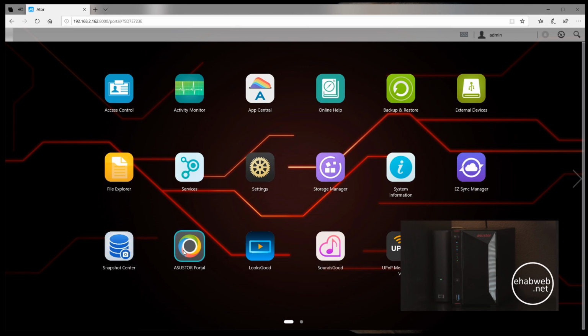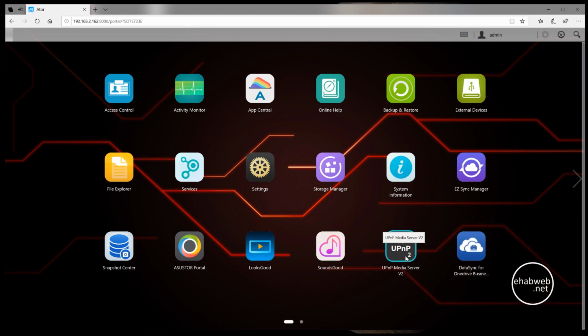And then there are a bunch of other apps such as Asustor Portal, which is another view of this. Looks good as a video player, sounds good as a music player, and then there is the media server that allows this to stream videos or music to other devices on your network. So it's pretty useful just as a setting. It's a standard UPnP server, and then there's an app that I've installed, DataSync for OneDrive, just